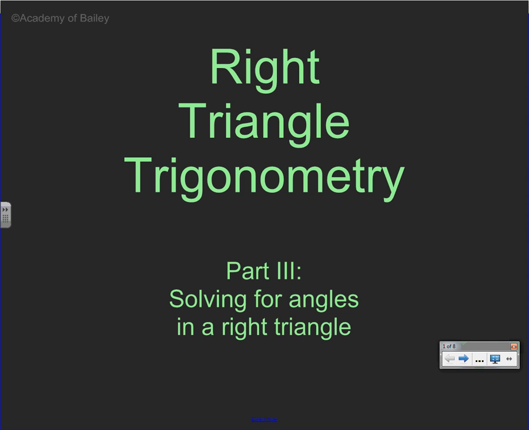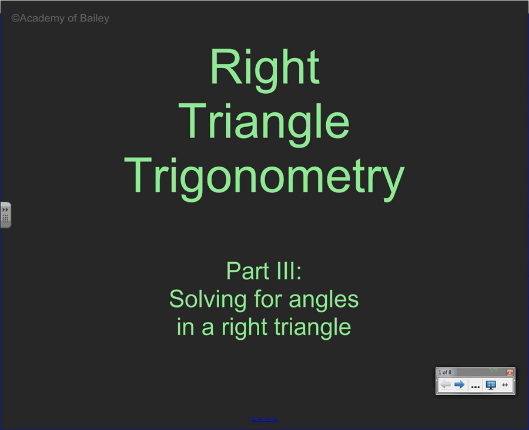Well, we're looking at this next video of solving for angles in a right triangle. This is the third video in a three-part series. This is the last part. So if we want to go ahead and get started with this, in the previous two videos we talked about,